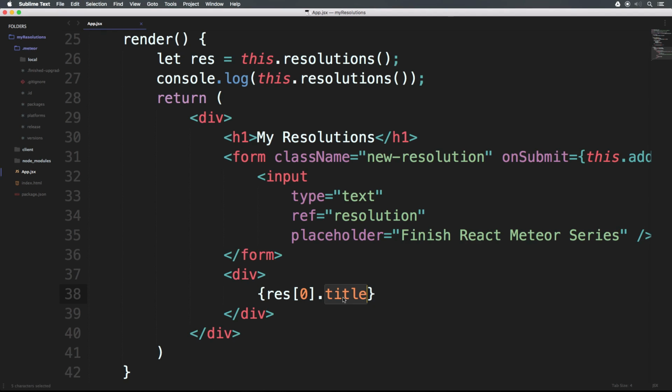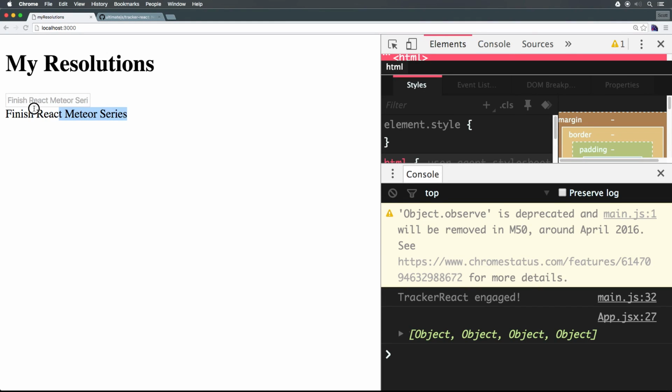It turns out this should be text, not title, sorry. Res, the first item, dot text. And now, as you can see, the Finish React Meteor series is now being displayed properly on our front page here. Now, after recording this video, I found out that a number of people were seeing this after using this